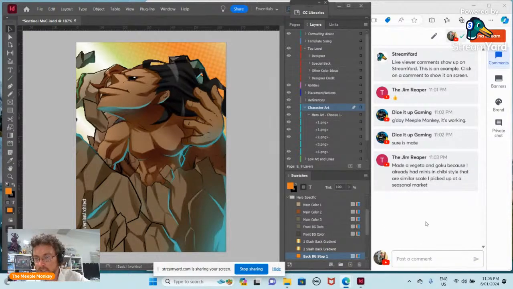And now Jim said he made a Dragon Ball Z character. I'm not super familiar with Dragon Ball, so I don't know if it's Vegeta. He's like a vegetable, Vegeta, but Vegeta and Goku, because he already had minis. Oh, in the chibi style, that's cool, and a similar scale. Actually, that's the trick, isn't it? Always trying to like,